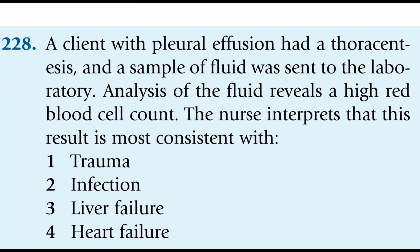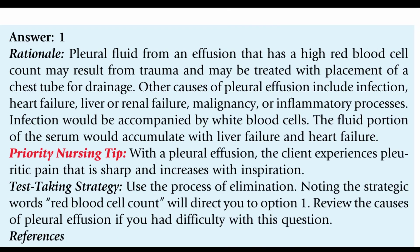228. A client with pleural effusion had a thoracentesis, and a sample of fluid was sent to the laboratory. Analysis of the fluid reveals a high red blood cell count. The nurse interprets that this result is most consistent with: 1. Trauma, 2. Infection, 3. Liver failure, 4. Heart failure. Answer: 1. Rationale: Pleural fluid from an effusion that has a high red blood cell count may result